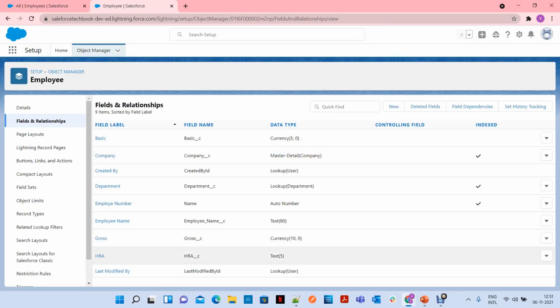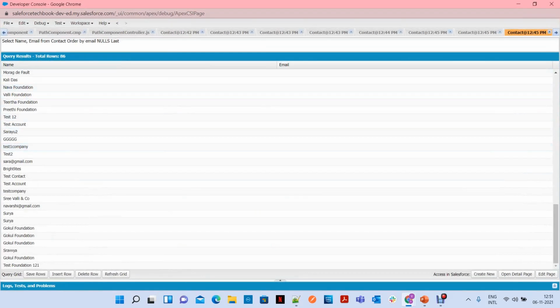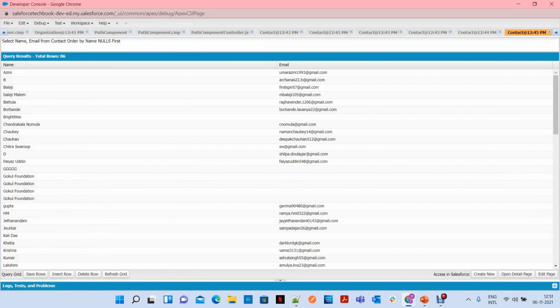You have the Name field, which is a standard field. For the remaining ones, you need to use the field API name only. If it is standard, you don't see __c, but anywhere you want to query any field, you should use the API name only, whether it is standard or custom.